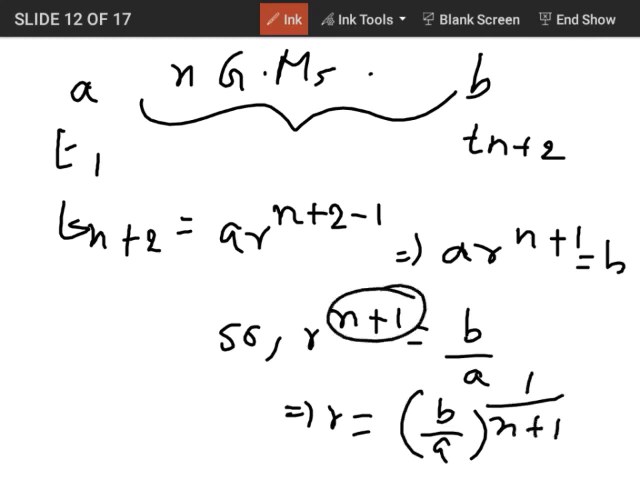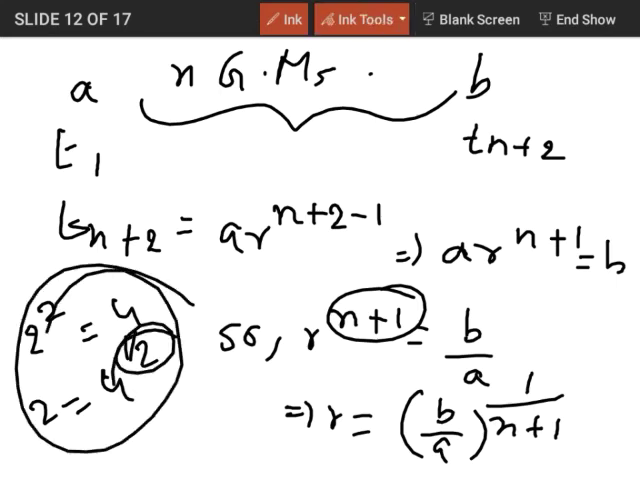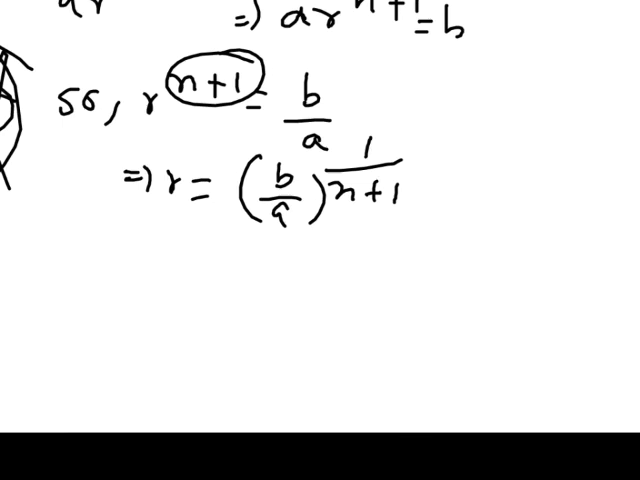or r would be (b upon a) raised to 1 upon n+1, right? This is simple. Like if I say 2 square is equal to 4, so 2 would be 4 raised to half, right? I hope that you know all of this. So if we have got the value of r from this whole thing,